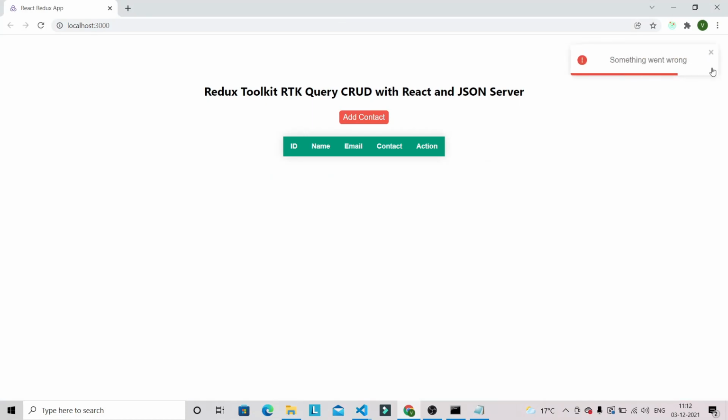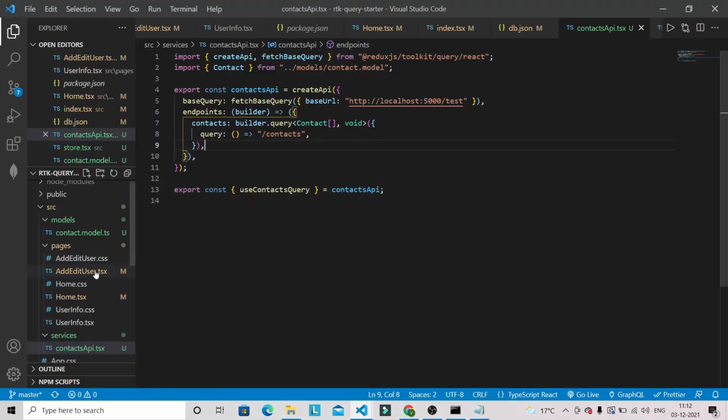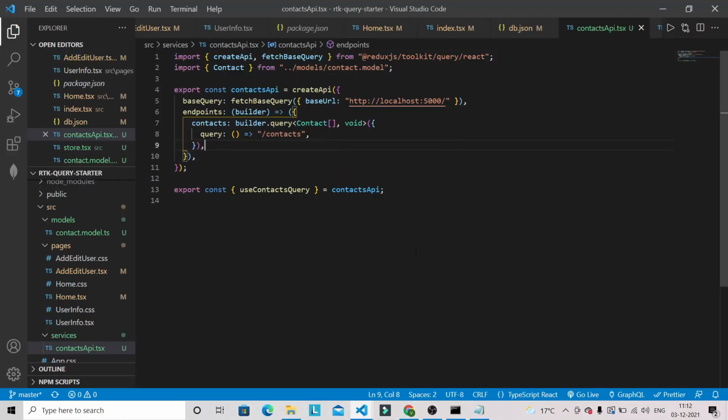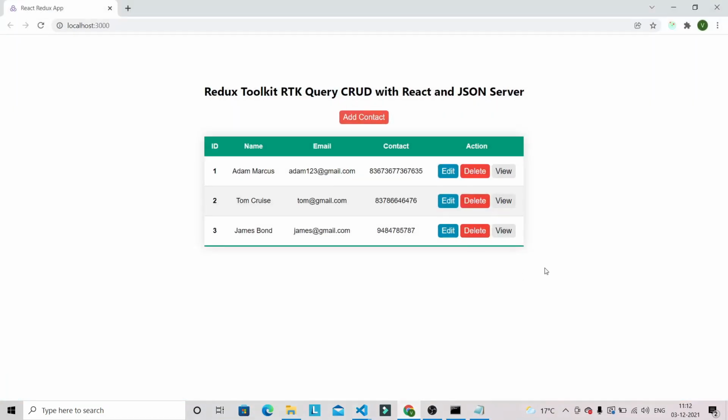So you can see that we have got this message, something went wrong. So we have tested this error property as well. So let's revert this one to the original URL and let's go into the browser. So with this URL we don't have any issue, so you can see that in our browser. So guys, we are also able to handle the error in our application.